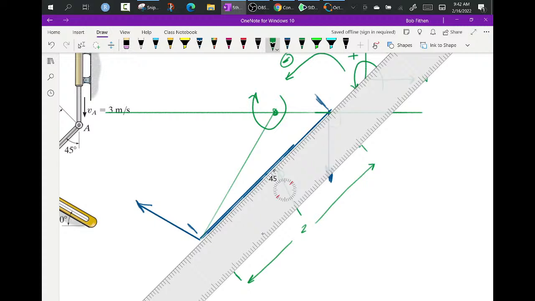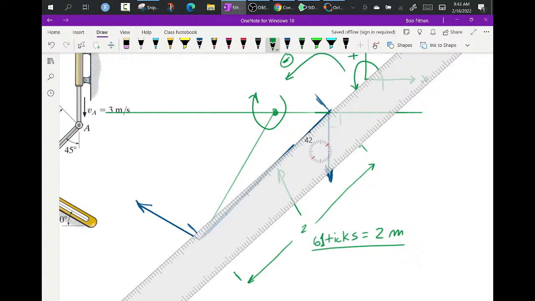And it looked like, okay, I'm going to count this as number of ticks. I got 1, 2, 3, 4, 5 in each one of these. 5, 10, 15, 20, 25, 30, 35, 40, 45, 50, 55, 60. So there are about 61 ticks here equals 2 meters. So I'm scaling my drawing here. 61 ticks is equal to 2 meters. So now, how many ticks